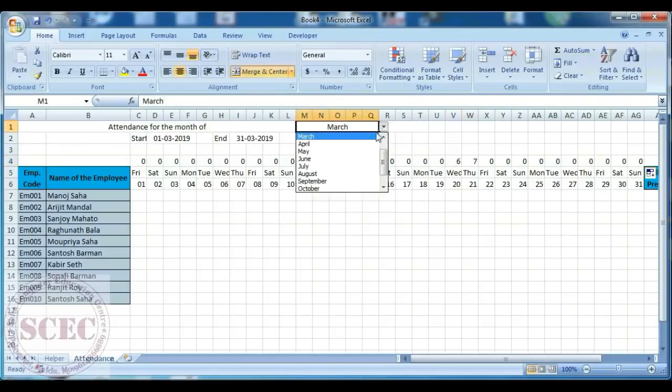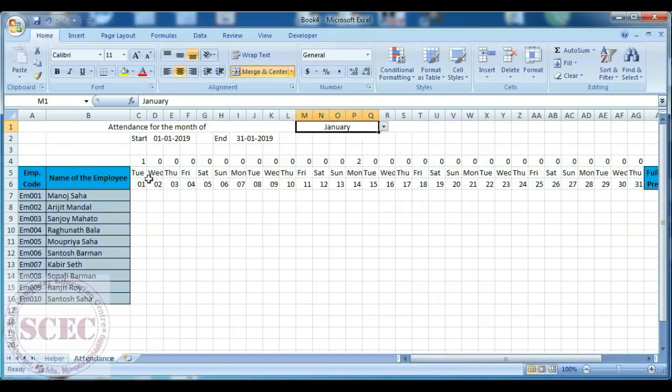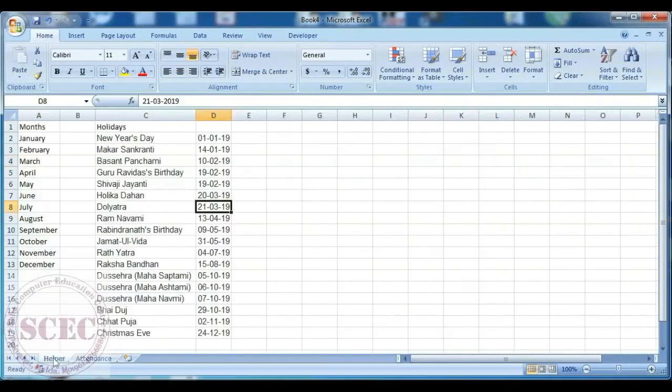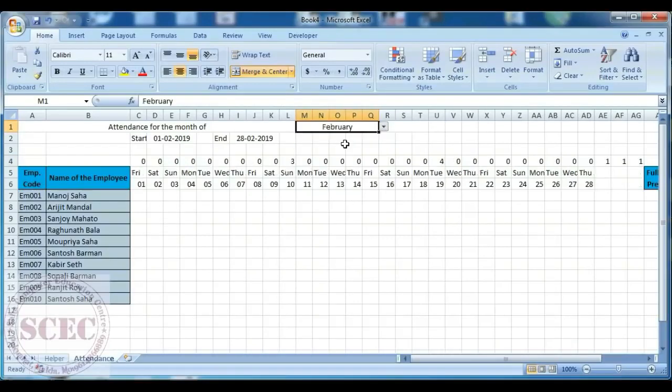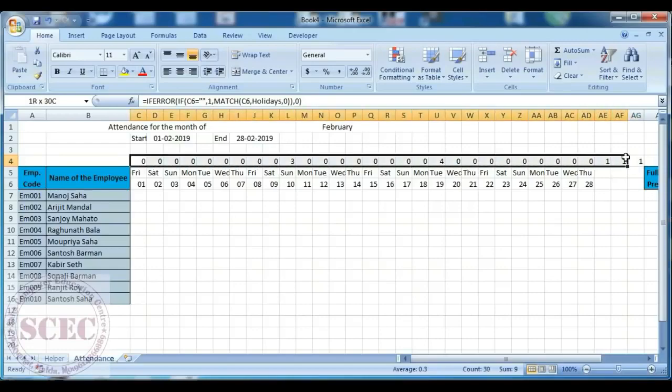If we change the month, we can see here, this is 1. This is a holiday because 1st January is a holiday, and day 2 is also a holiday, and all others are 0. And if we select February, we can see the dates are not here, so it gives us the result 1, and here only 1, 2 holidays. So we have created this helper row.